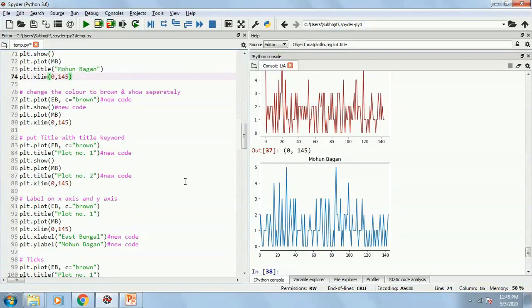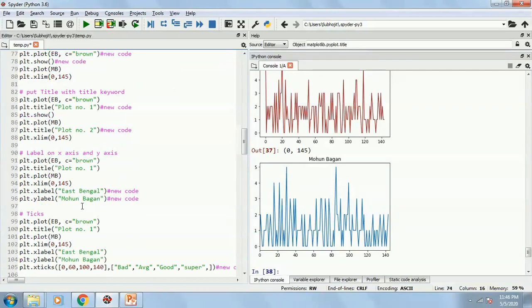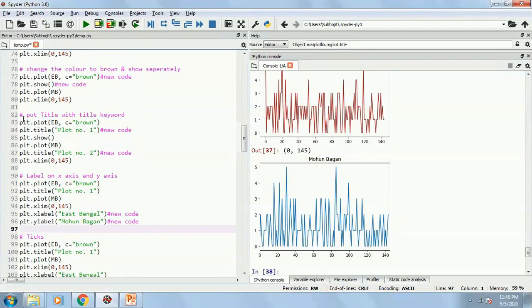Okay, so how to do that? I will simply remove the plt.show.